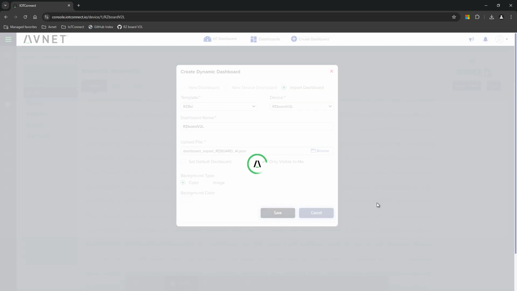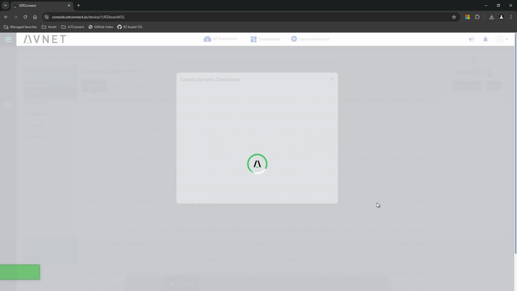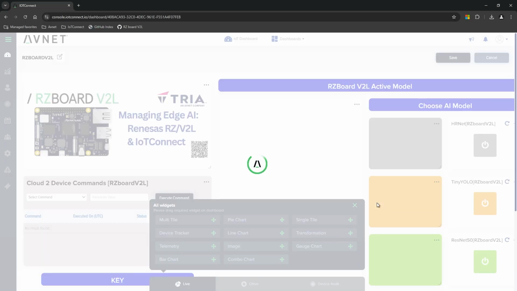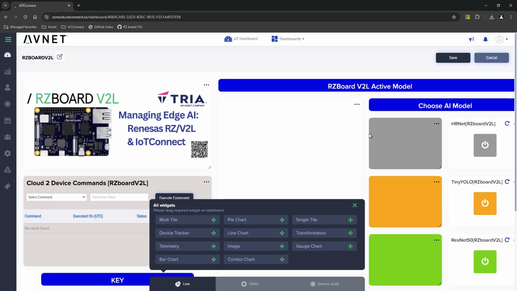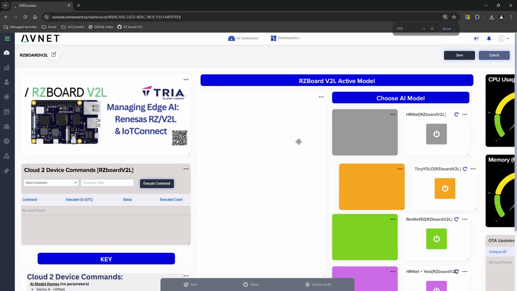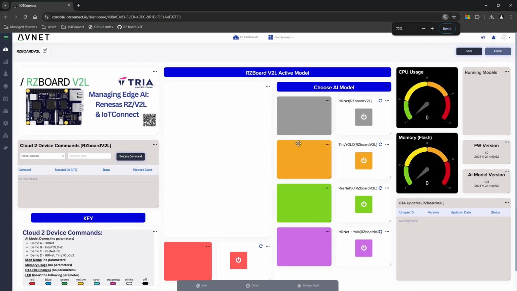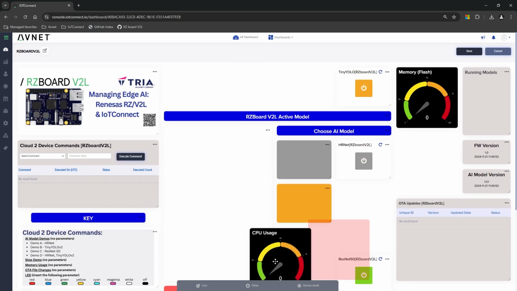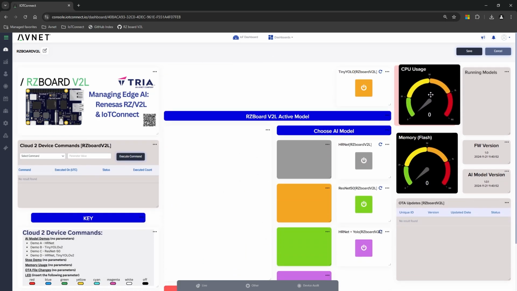This will take all of the widget configurations that are laid out within the JSON file and lay that out on what we call our dynamic dashboard. Now, this dashboard layout is easily modifiable. Once this thing completely loads, you can drag and drop these widgets around to various locations. I'm actually going to go ahead and make the screen just a little bit smaller so I can fit everything in here. And you'll notice that I could grab any of these widgets and move them around and place them wherever I want. I'll leave them in the default location for today,